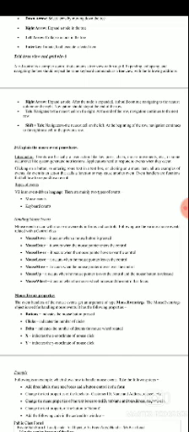Types of events are mouse events and keyboard events. Mouse events are: mouse down, which occurs when the mouse button is pressed. Mouse enter, when the mouse enters the control. Mouse over, when the mouse hovers over the control. Mouse leave, when the mouse pointer leaves the control. Mouse move, when the mouse moves over the control. Mouse wheel, when the mouse wheel moves while the control has focus.